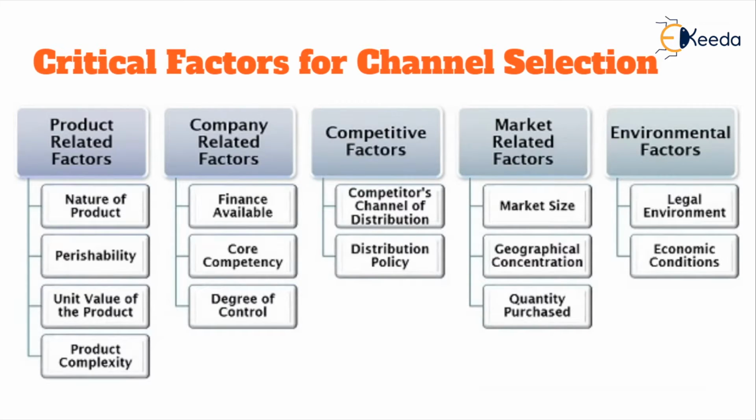Now, these are the critical factors for channel selection, which most digital marketers, not just digital marketers, most marketers use when they are trying to develop a channel structure and when they're trying to actually effectively allocate their channel budget. So, it starts with product related factors. In case you're wondering what it means, what kind of product is it that you are trying to sell through these channels. So just like we discussed in the example, the nature of the product,